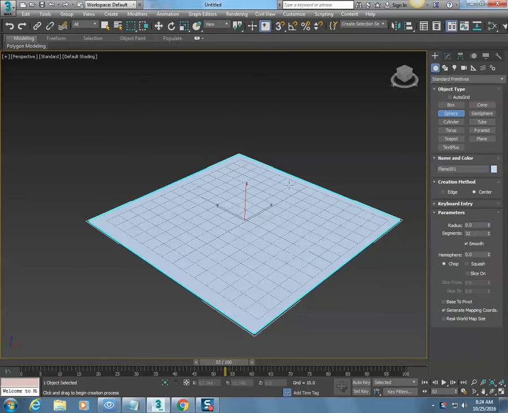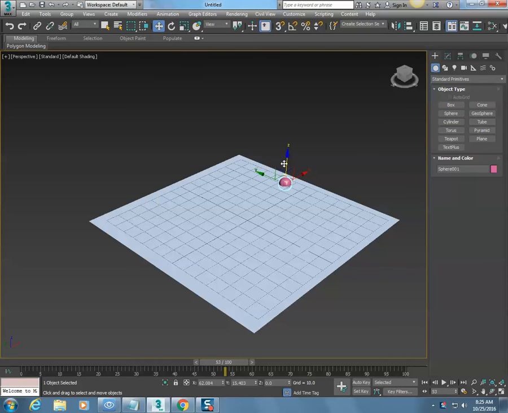Next, I'm going to create a sphere. So I'll click on sphere and I'll go ahead and create a sphere. Then I'm going to click on the move and I'm going to move this up on the z-axis. Maybe I want to resize this thing, make it a little bit bigger. Okay, that looks good. So now that I have that done, I'm going to want to move this slider down